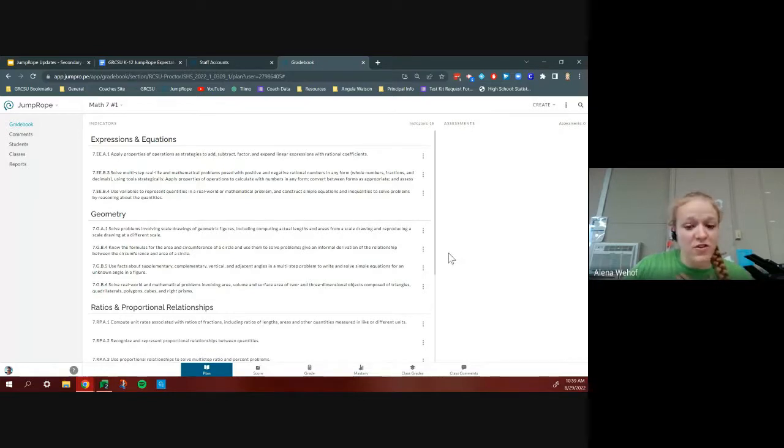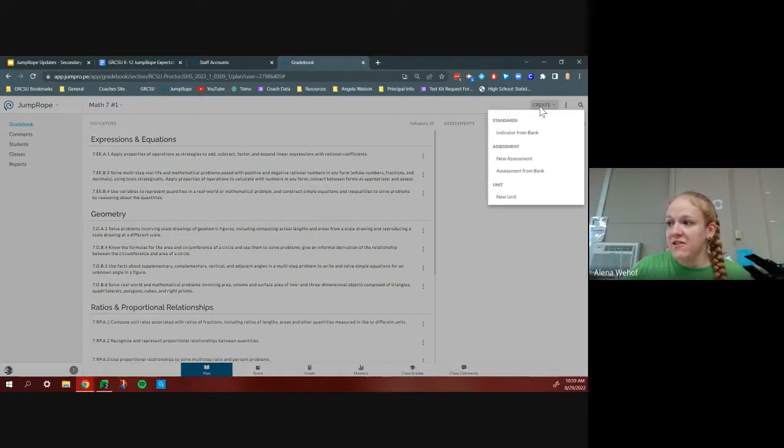The other thing you'll need to do is to bring in your habits of work. This one's going to be similar. So we're still going to go to create, but this time the habits of work are set up not as course plans, they are set up as assessments. That way they already have the dates with them. If we set up habits of work as a course plan, then they won't have dates. So to give you a few less things to click, I set them up already as assessments for you.